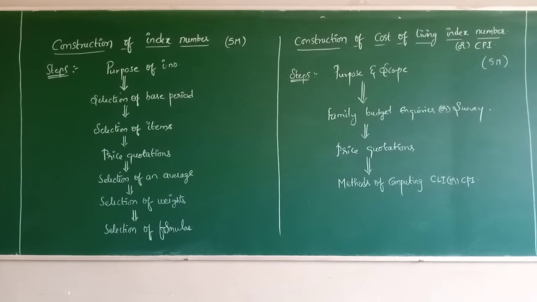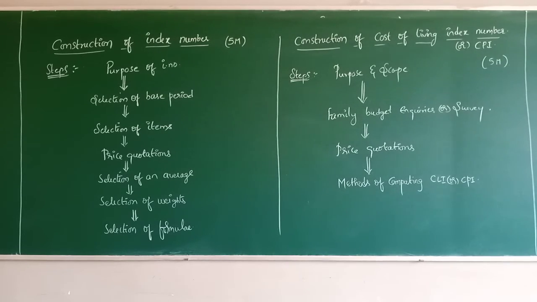Right? So this selection of items must be made in such a way that it represents their real habits, tastes, interests, customs, traditions, etc. Right? For whom the index is meant. This is the way of selecting items. If you know the purpose, selection of items also you will come to know easily. This is the third method.